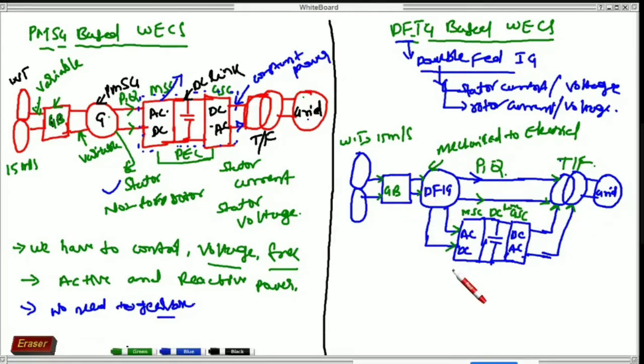We are using here also some power electronics converter, right? This is our power electronics converter. This is called PEC. So in this section, see here, wind is not constant. This is variable wind, variable speed, and here also variable speed.